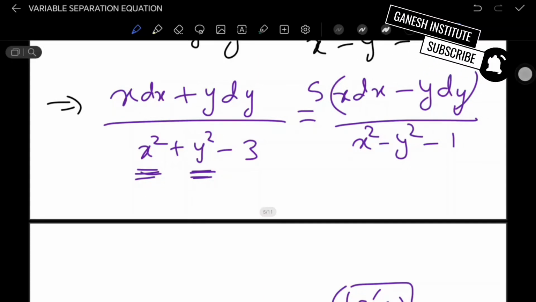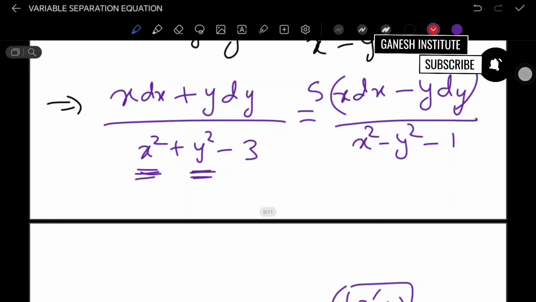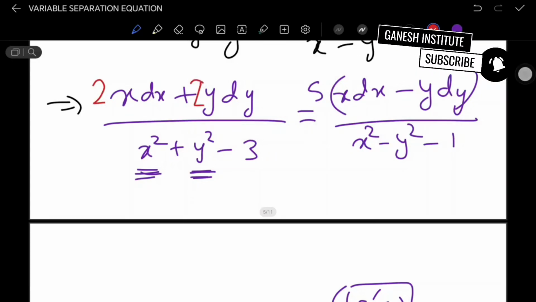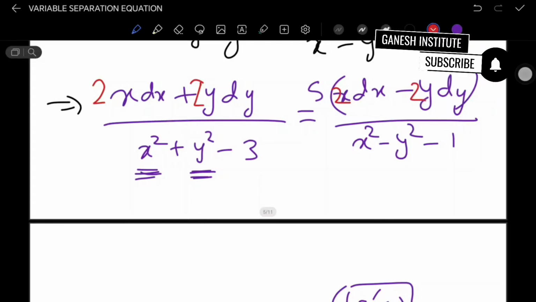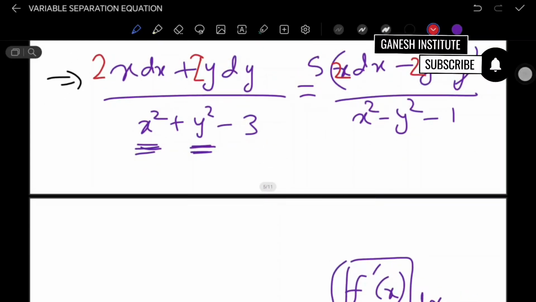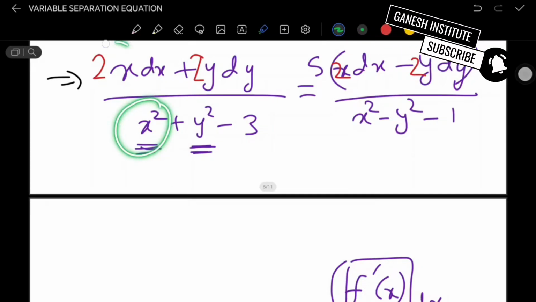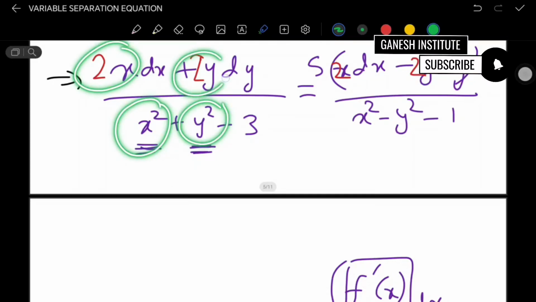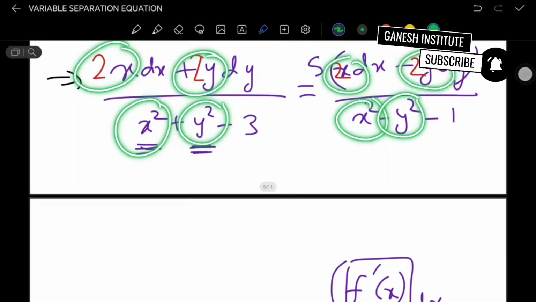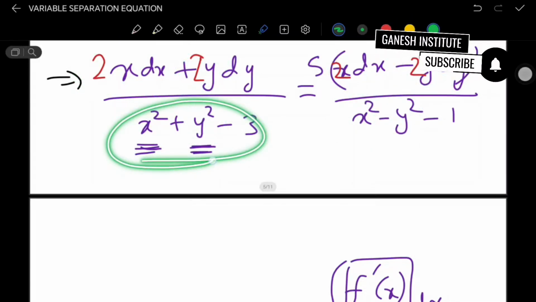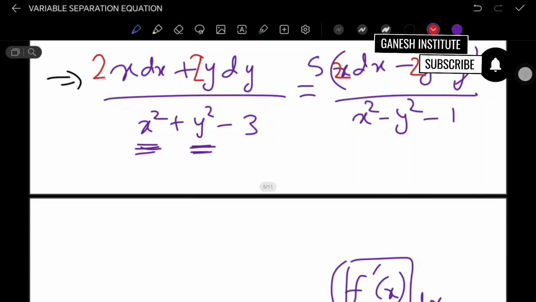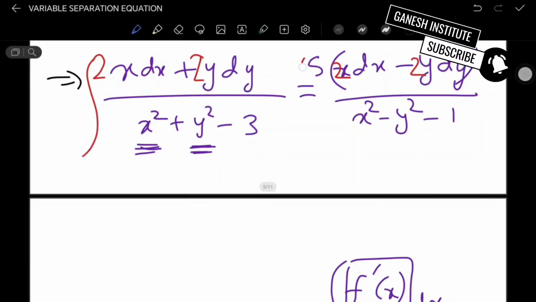So let's multiply with 2 here, here. So I need to do it here as well. Correct? So what have we got? Can you see? This is 2x. This is 2y dy. This is 2x. This is 2y dy. So fx is in the denominator and f dash x is in the numerator. Now I can integrate. So on integrating both sides,